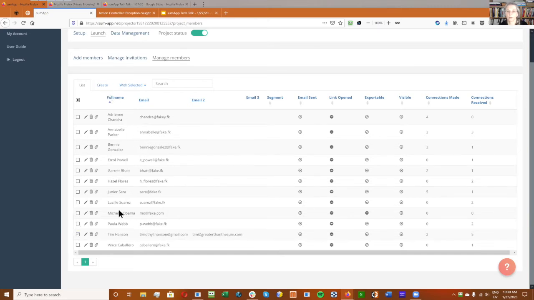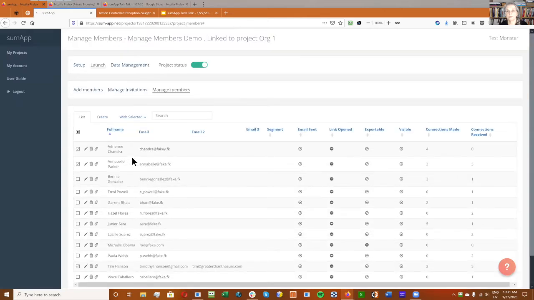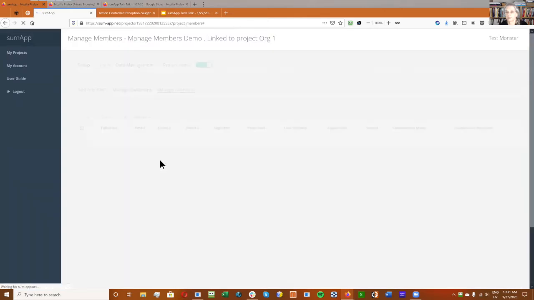We can click on the checkbox. We can do as many at once as we want. So we could do that. Let's do it with a couple people. So we've got 3 people we're going to hide right now. And the first thing we're going to do is toggle visibility. So visibility, if it gets toggled off, means,